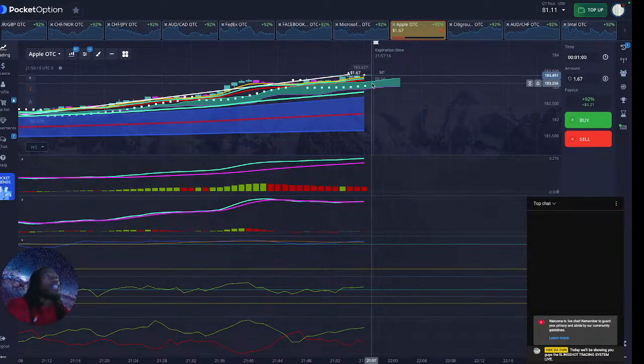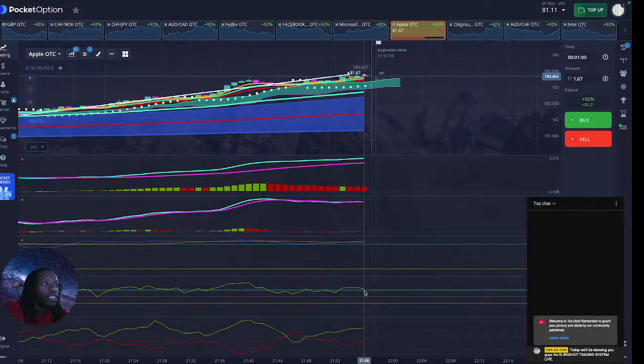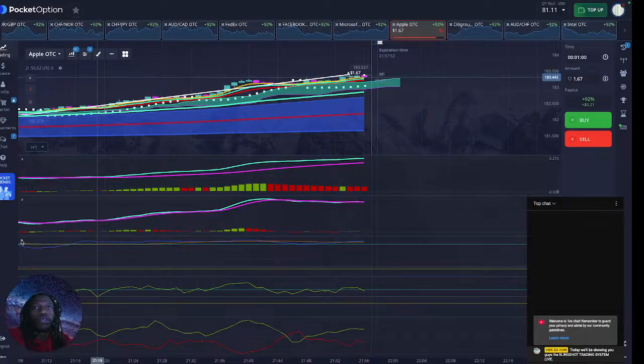So we're going to take good probability setups. And so let's talk about the trade we're in right now. Here on my MACD, the long-term MACD, I see we got a strong trend up above. And I also see this signal is starting to tip up. You can't really see that blue picking up, but I see it just a little bit. So this could potentially be a good setup. And our RSI is above the 70, showing how great this situation is, with our vortex also open, letting us know we are in a good moment for a buy. So guys, we're going to wait for the signal. We're going to wait for the moment,